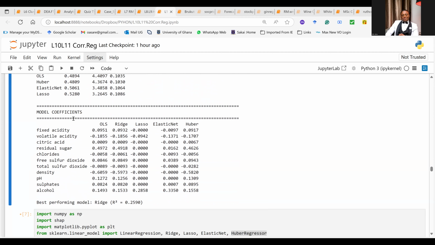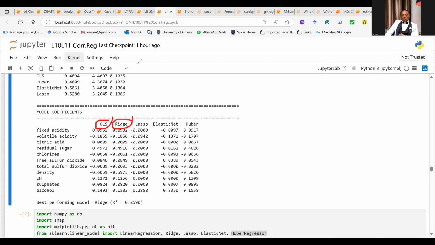And I want you to take note of something very important. The coefficient we are finding here, okay, is not too significantly different from the coefficient we found when we were doing the regression using the R software integration. I quite remember I told you that you can design the results using the R square integration. And that's what we did there. Now, look at the OLS. The result is there. Look at the ridge. The coefficient is there. Okay.